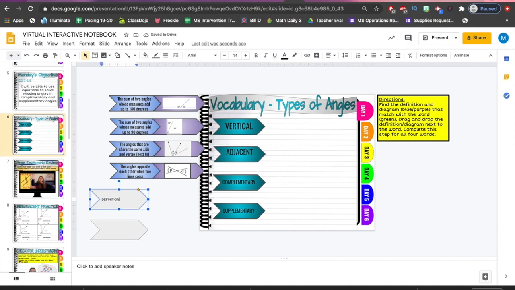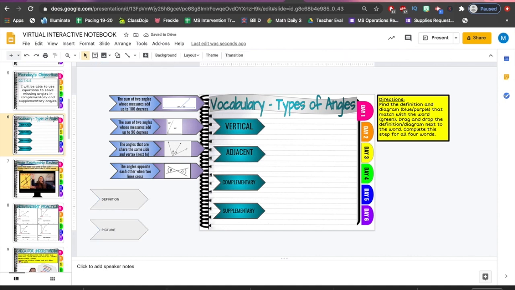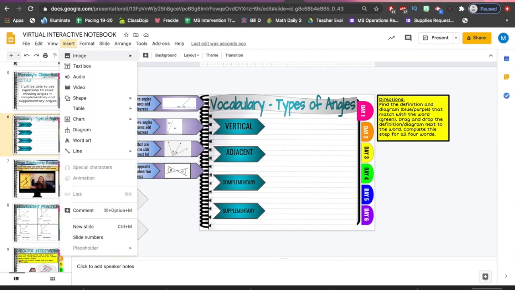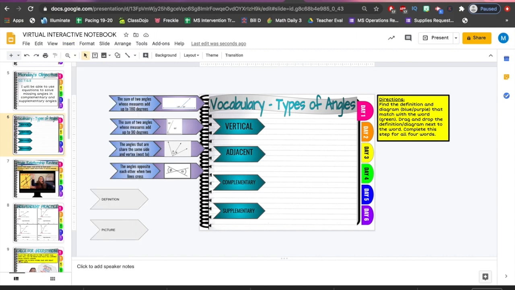of the word, and then here you'll find a picture. You can use a picture from the web, or you can take it from a worksheet or wherever you find your pictures from. You can insert it like I showed you here, insert an image from the web. But what you're going to do here is you're going to drag the picture to the definition. Okay, make sure it aligns, and again there'll be two different colors,